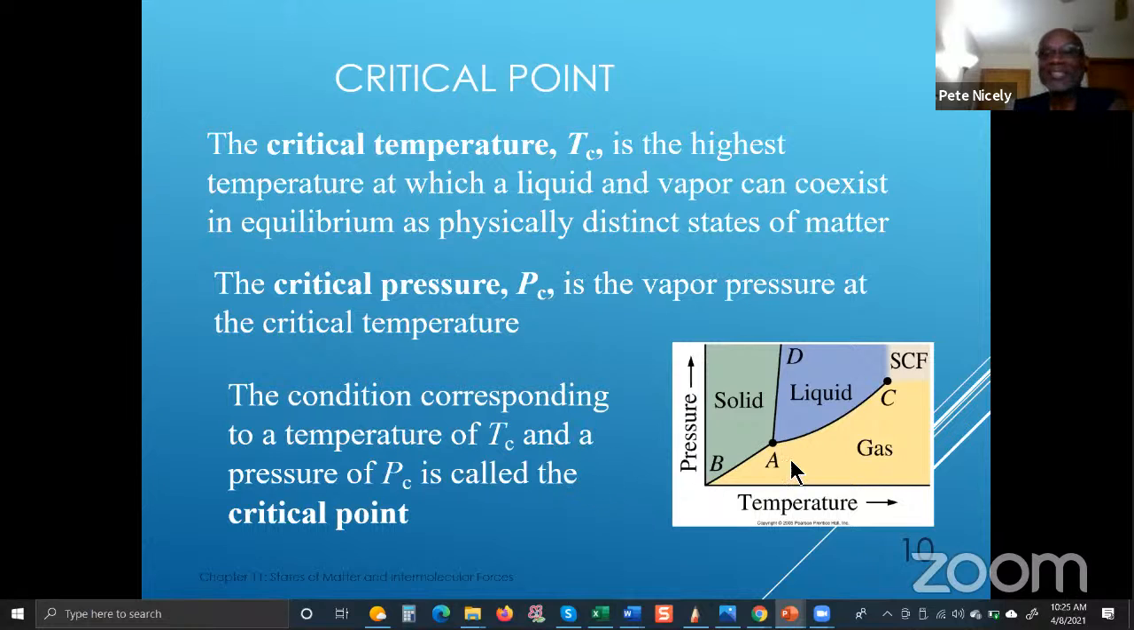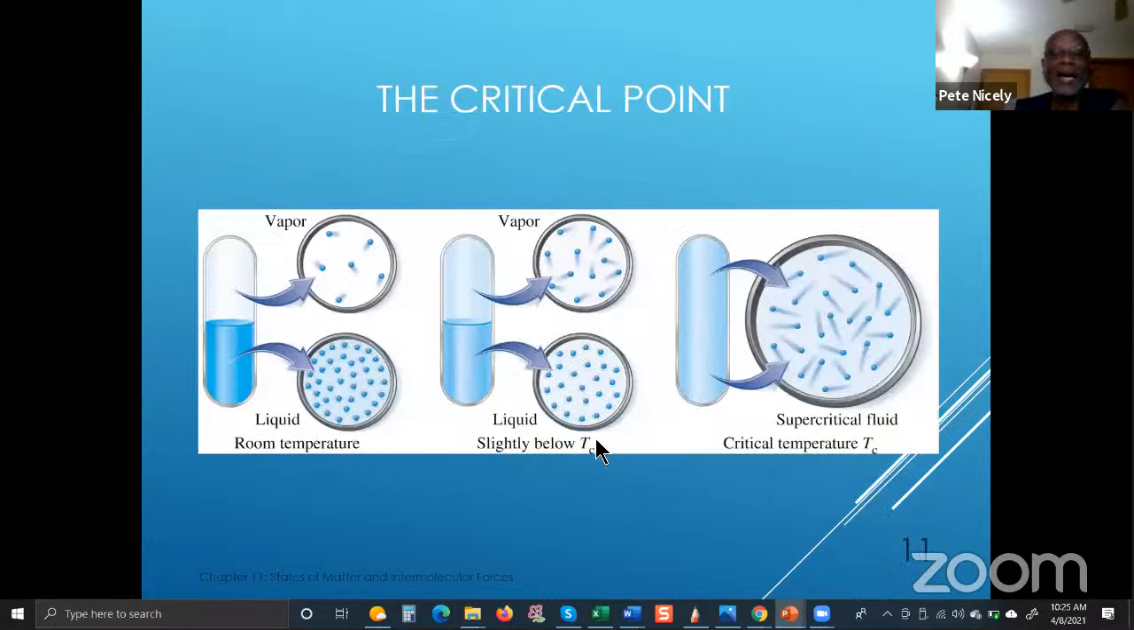So that's basically what the critical point, which is C here, is all about. It's a point beyond which you cannot tell the difference between the liquid state and the gaseous state. Okay, so